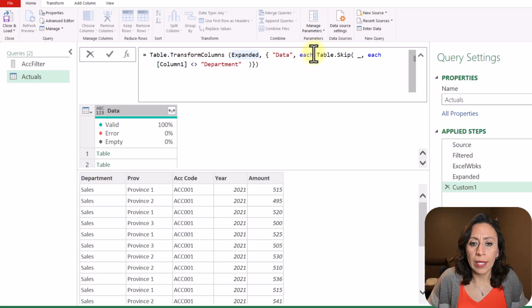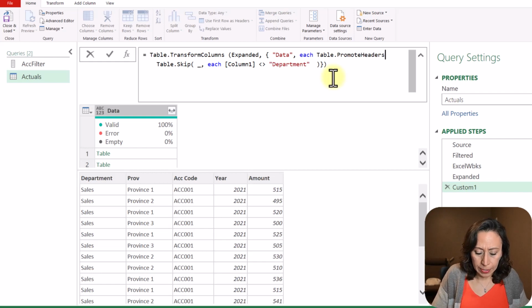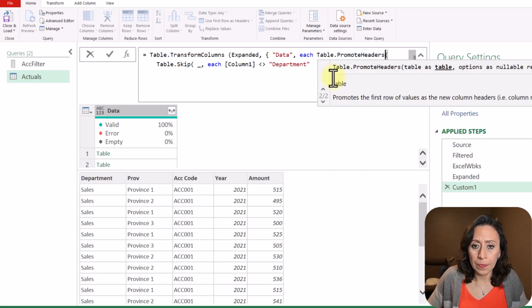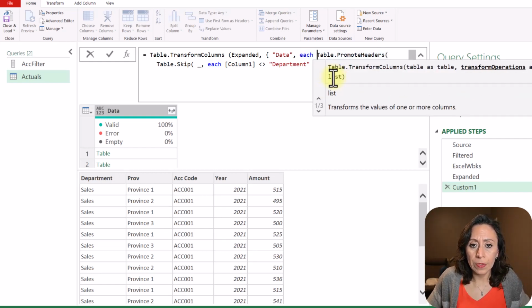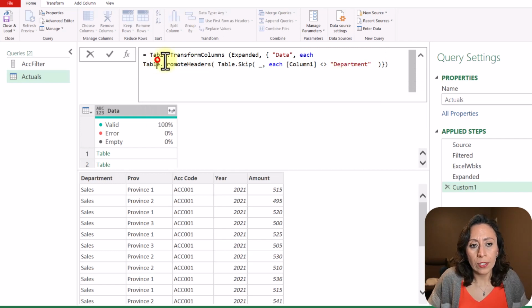And instead of that, I could have grabbed this information or this function, table promote headers. Let me move this one down, Shift Enter, right? So I'm having this table promote headers, and inside of that, I will have the table, and then I will close the parentheses. Do I have an extra?